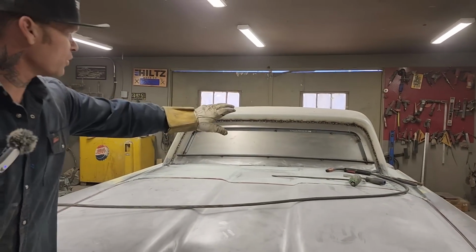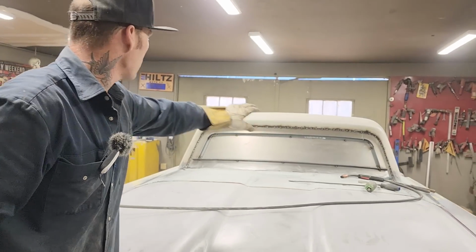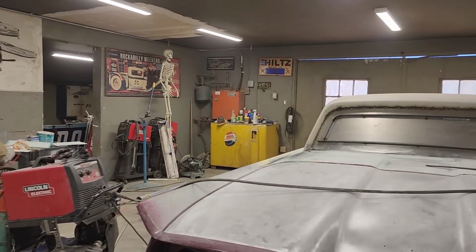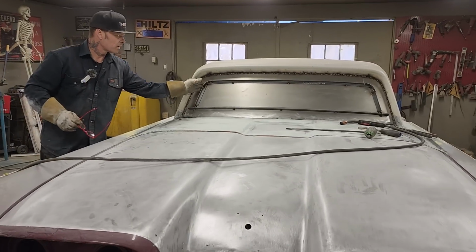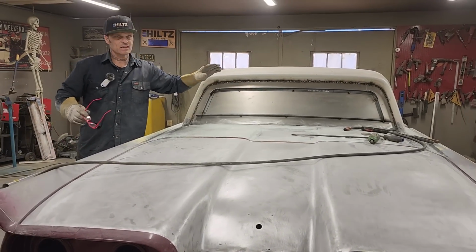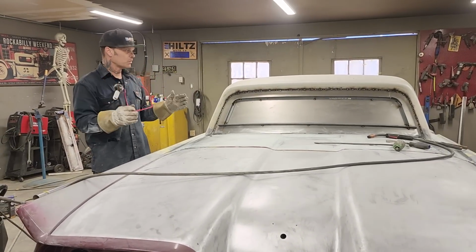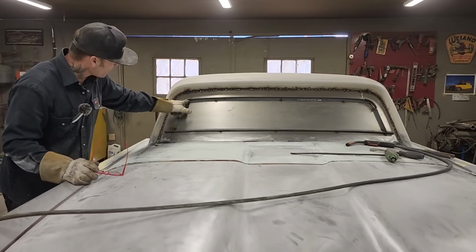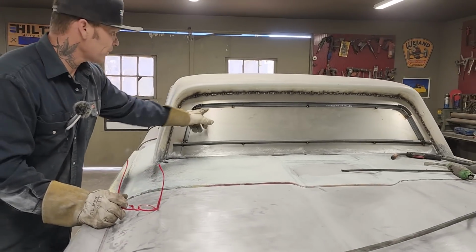The appearance of this one sticking out further is I've got this one laying on top of that one, and I've got that one down in. I've got this one on the outside of this metal, and I've got that one laying on top. It does not matter because I'm welding it all together and I'm going to grind it all together. So when I weld this in here, weld it in nice, I'll have to even put a little bit of a